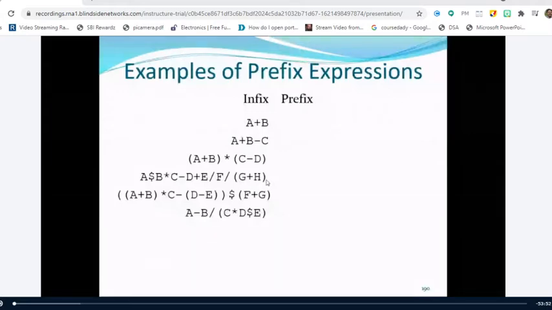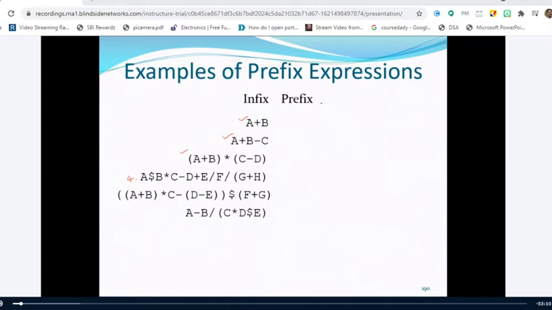Yesterday we started our discussion on expressions and the types of expressions, and we saw a few examples of converting the infix expression to the prefix expression. In today's session also we will continue with the same topic of converting infix to prefix. Yesterday we completed a plus b and a plus b minus, and the third one is also completed, right? Yes, sir. So let us solve the fourth one.